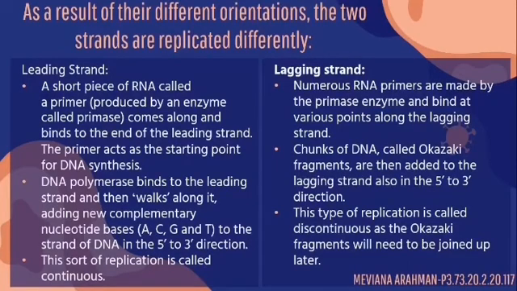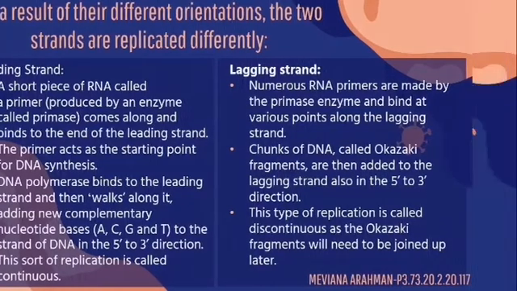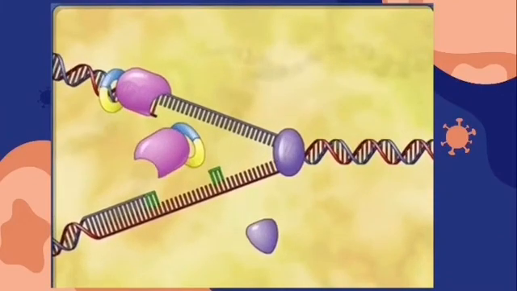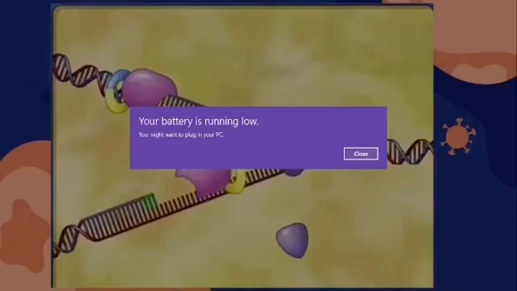On the lagging strand, numerous RNA primers are made by the primase enzyme and bind at various points along the lagging strand. Chunks of DNA called Okazaki fragments are added to the lagging strand, also in the 5 to 3 direction. This type of replication is called discontinuous, as the Okazaki fragments will need to be joined up later. This is an overview of the process of